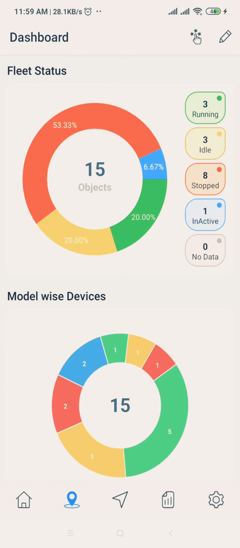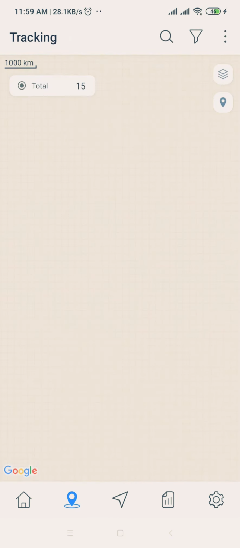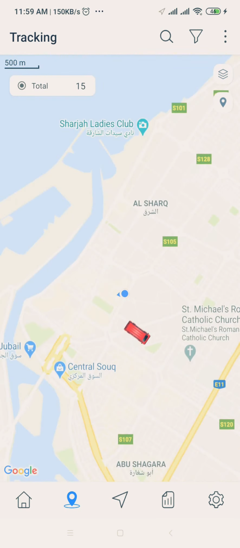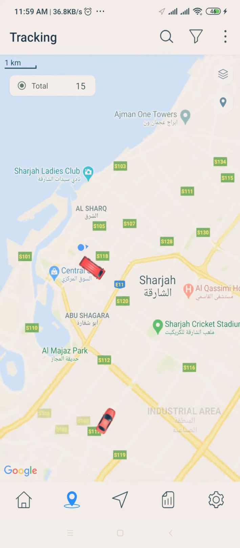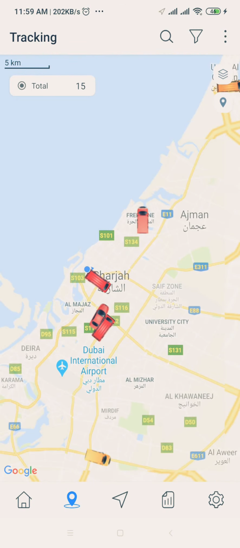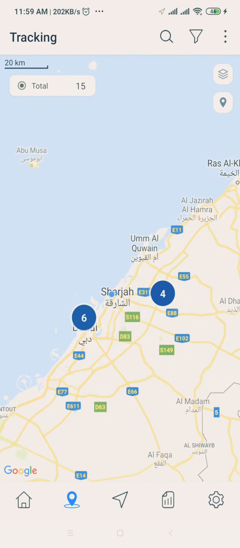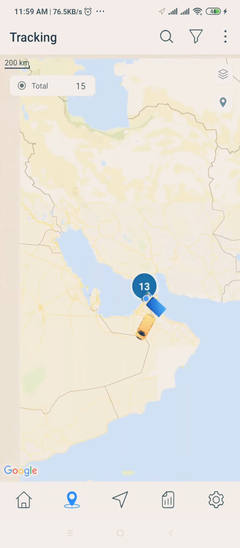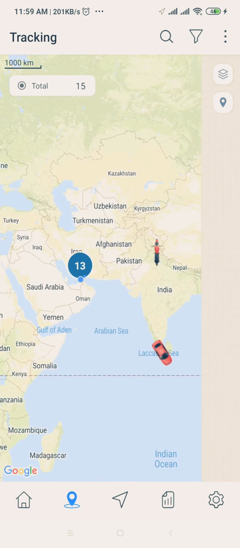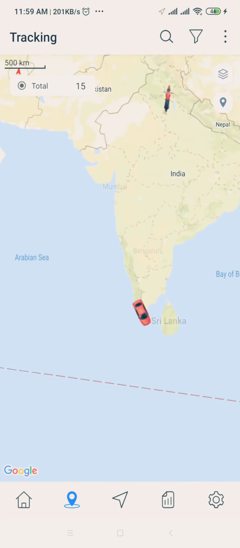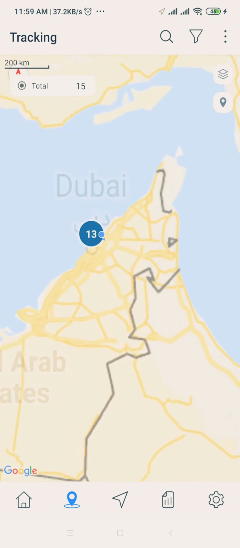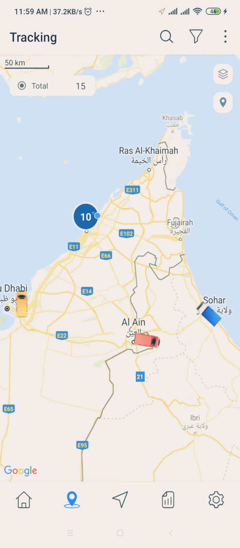So the next tab is tracking. You can see all the vehicles' live locations here in this tracking page. When we are zooming in or zooming out, we can see all the vehicles which are connected with this username and password. We can see it's all UAE. You can see 6 plus 4 plus 1 plus 1. So wherever in India, in Kerala, in Delhi, in UAE, all these vehicles are there. So we can try selecting one